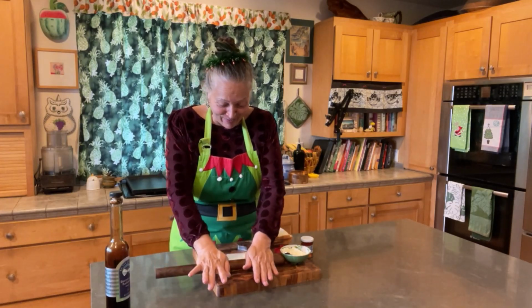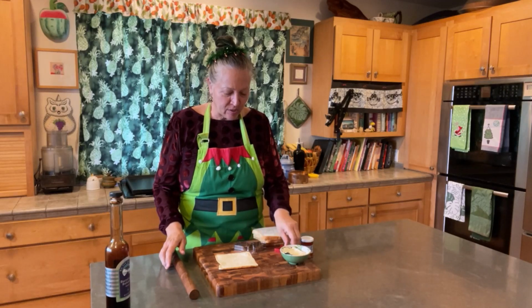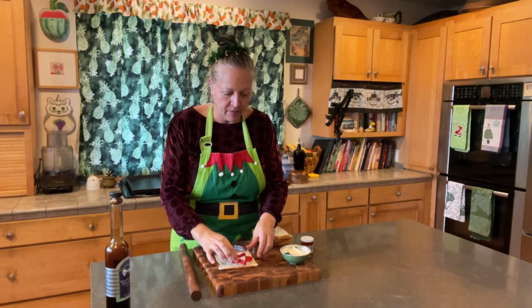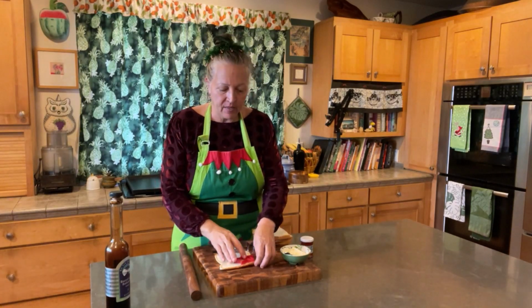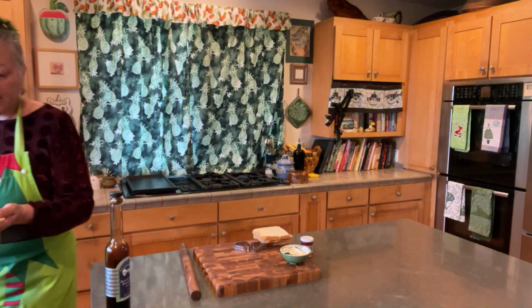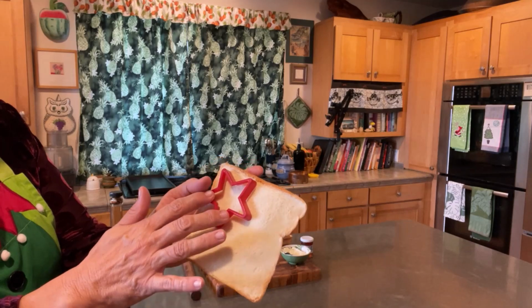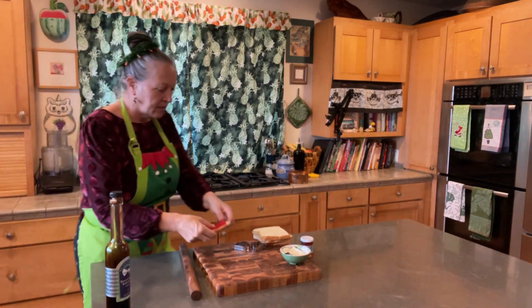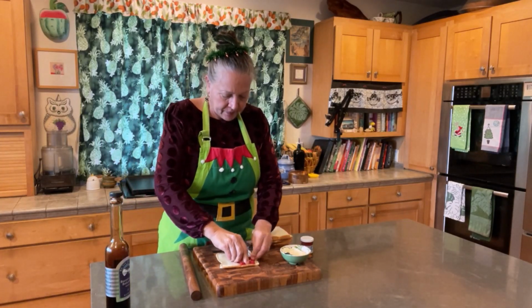I don't know, there's something fun about doing this. And then I'm gonna choose, I know I want at least one star. This is just a mini cookie cutter, and I'm placing it so that I'm using, because my grandma taught me to be thrifty, I'm using every space so I'm not wasting. So I'm gonna make 2 stars,